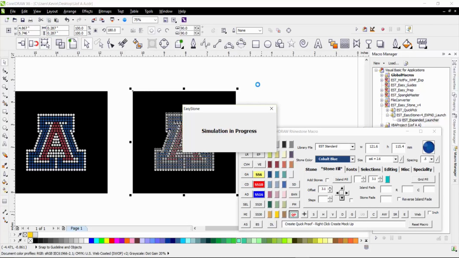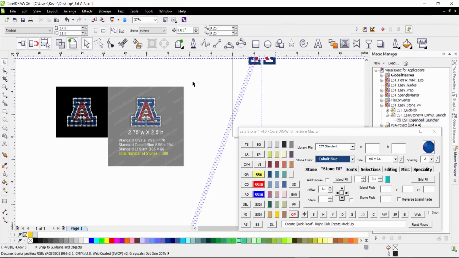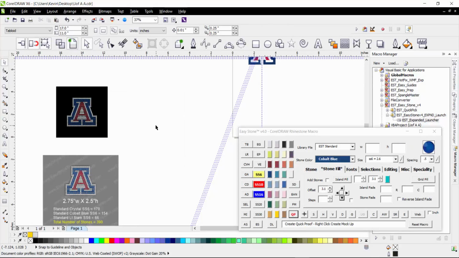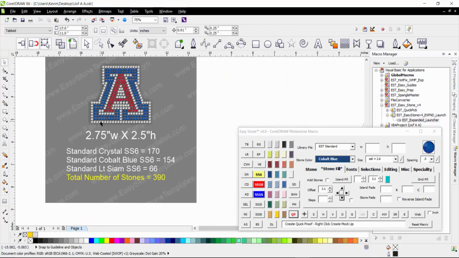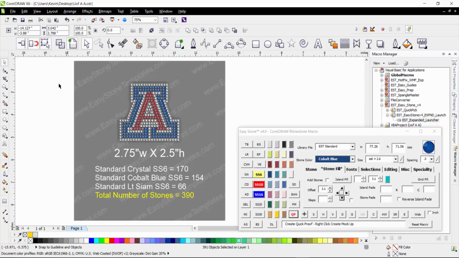Quick proof will simulate our stones. It will add our dimensions. So you can see here what we've accomplished. It's 2.75 inches wide by 2.5 inches tall. Easy Stone always rounds to the nearest quarter inch. So even though it was a little bit taller than 2.25, you can see here it's